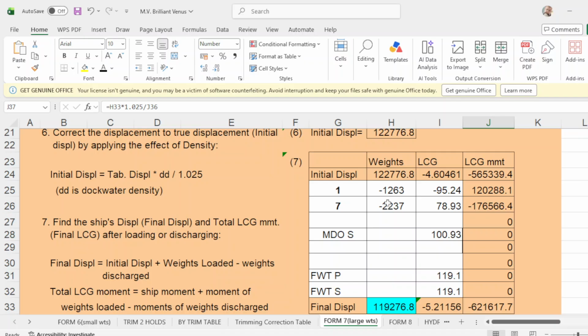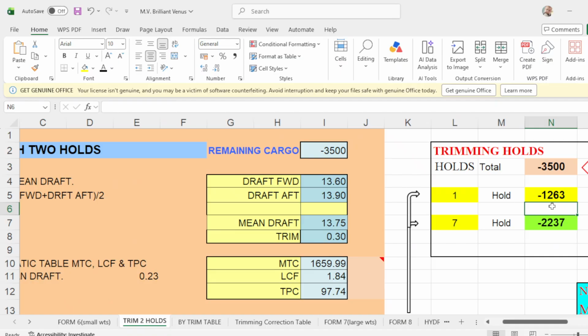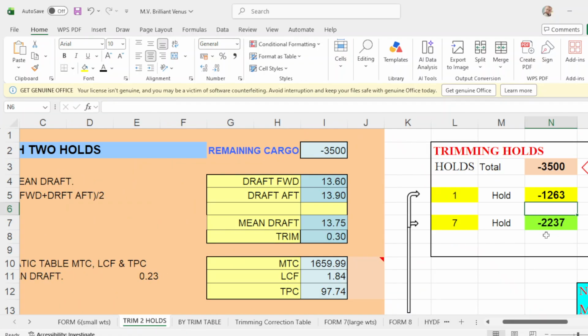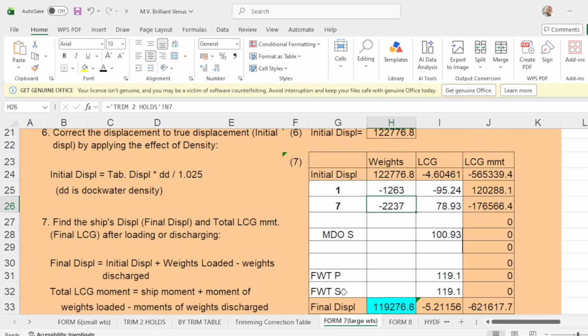How much are we going to discharge in hold number 1? Number 1 is negative 1263. And number 7, how much? Negative 2237.